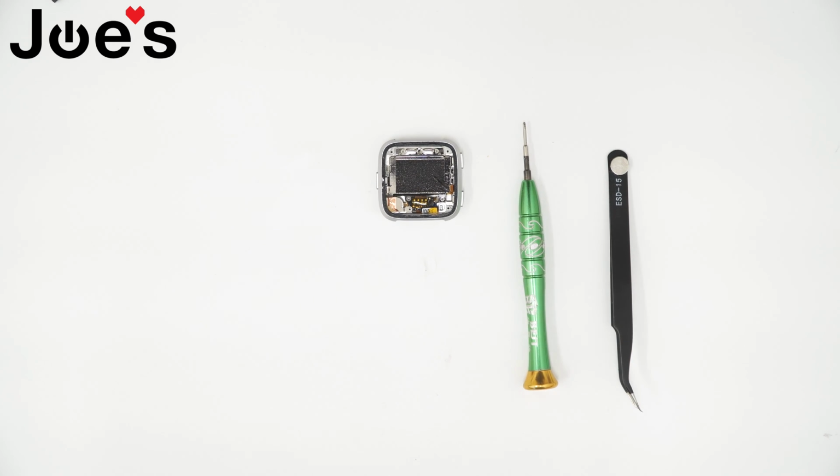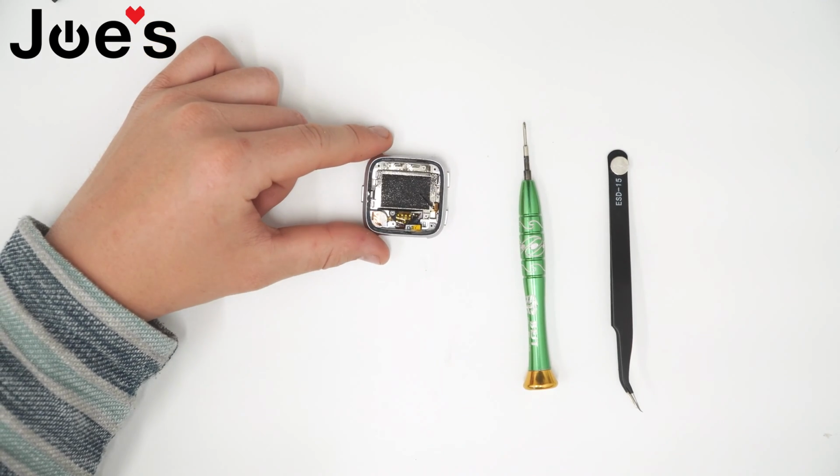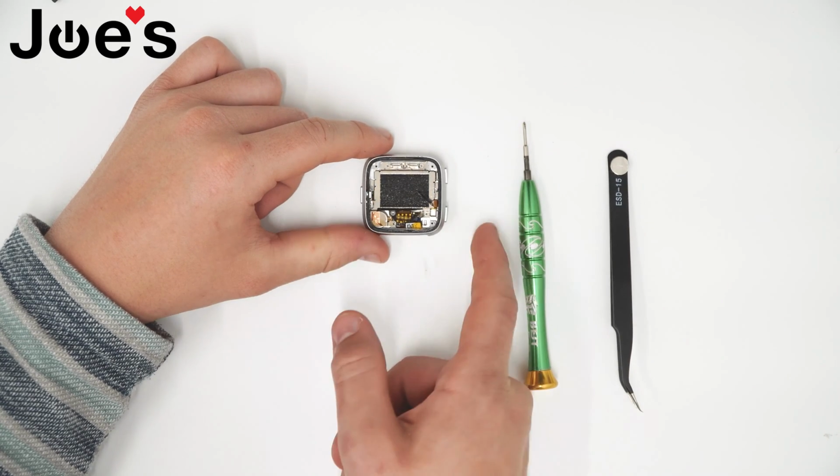Today I'll be showing you how to disassemble the battery from the back housing. So when you're looking at your Fitbit and you have it upright, the single button on the left, the two buttons on the right,